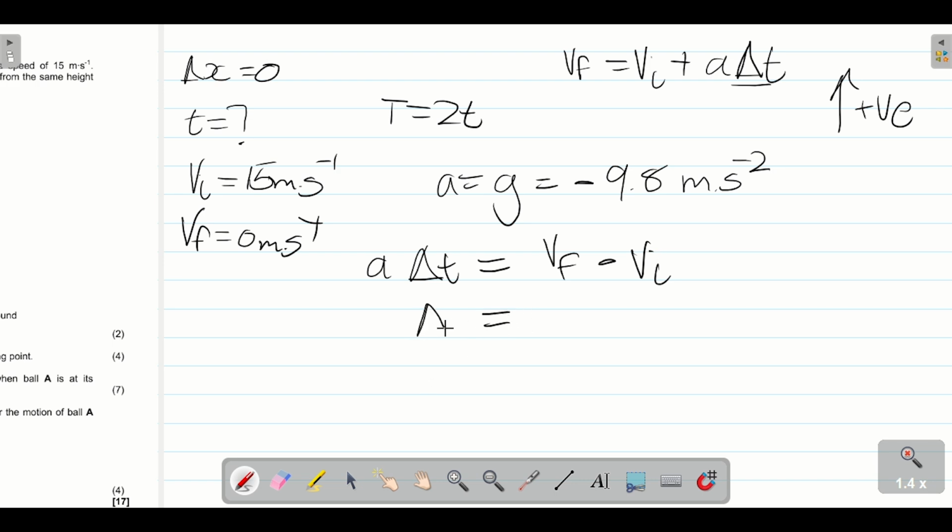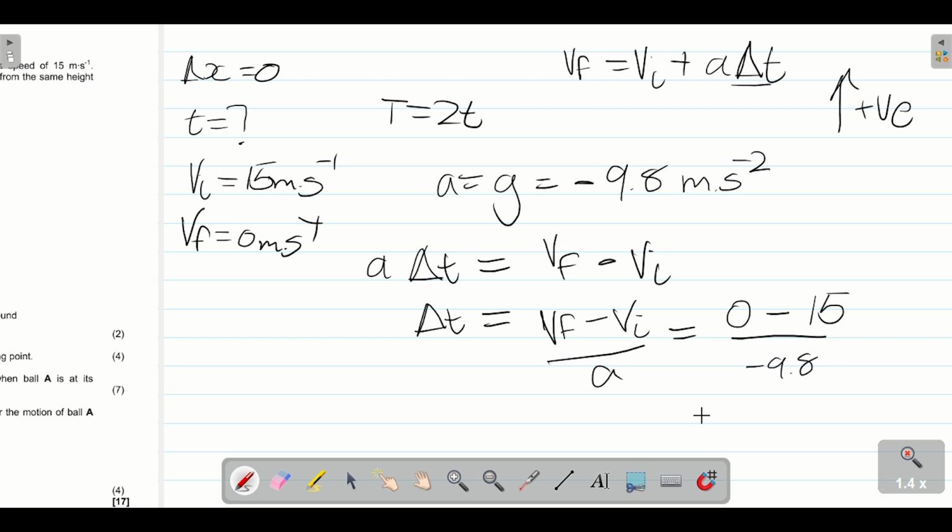Therefore, if we divide both sides by a, we'll have delta t equals final velocity minus initial velocity over acceleration, and we can plug everything into the formula. So final velocity is 0, our initial velocity is 15, and our acceleration is negative 9.8. If we punch that into our calculator,